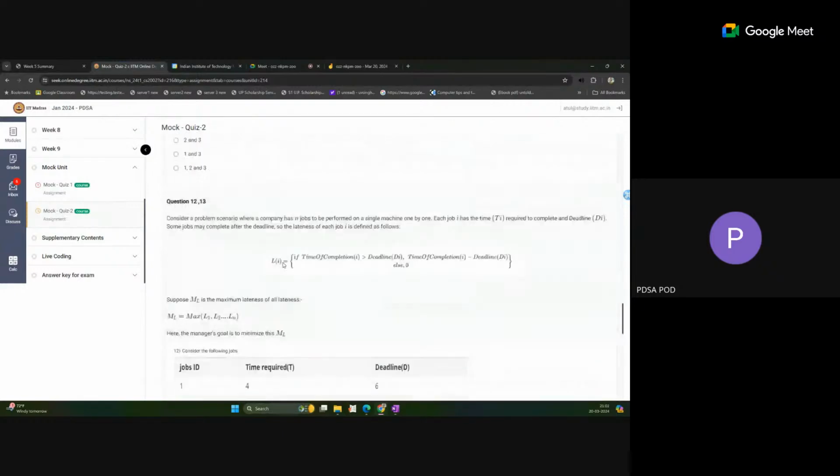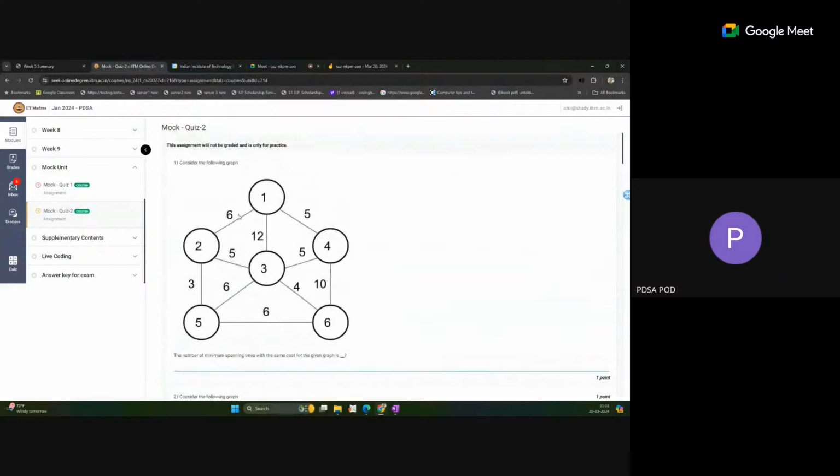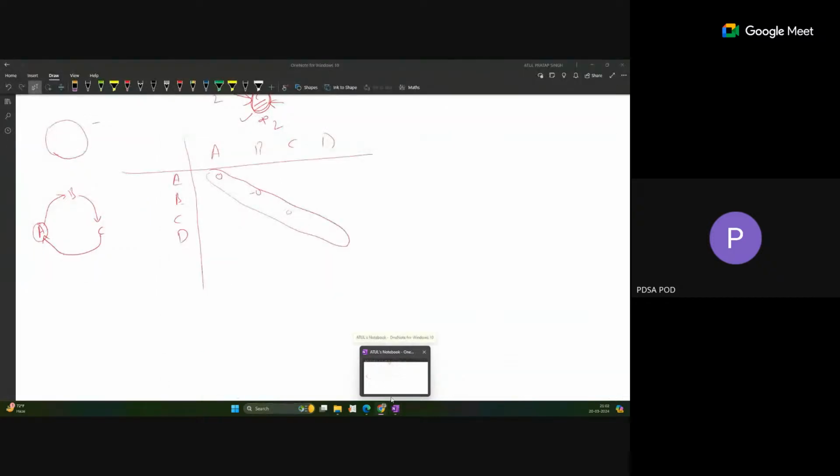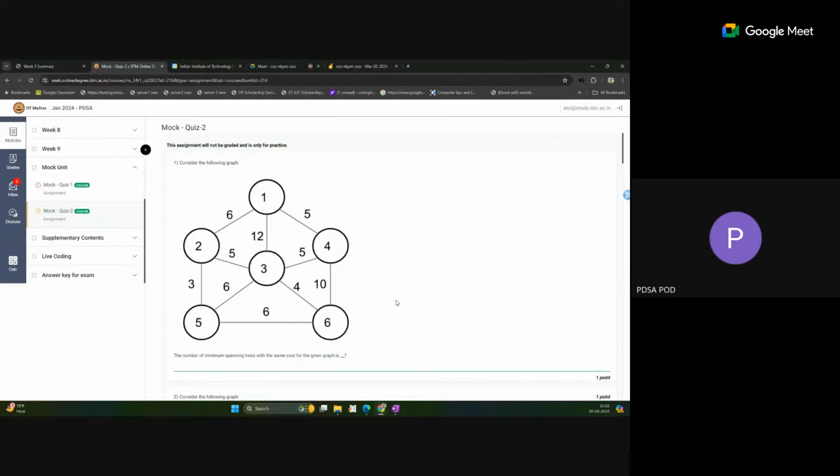A mock question is also not given. So what are the other types of possible questions for this minimum spanning tree? Maybe some graph is given like this. Suppose this graph is given, and we are asked to apply Prim's algorithm on this